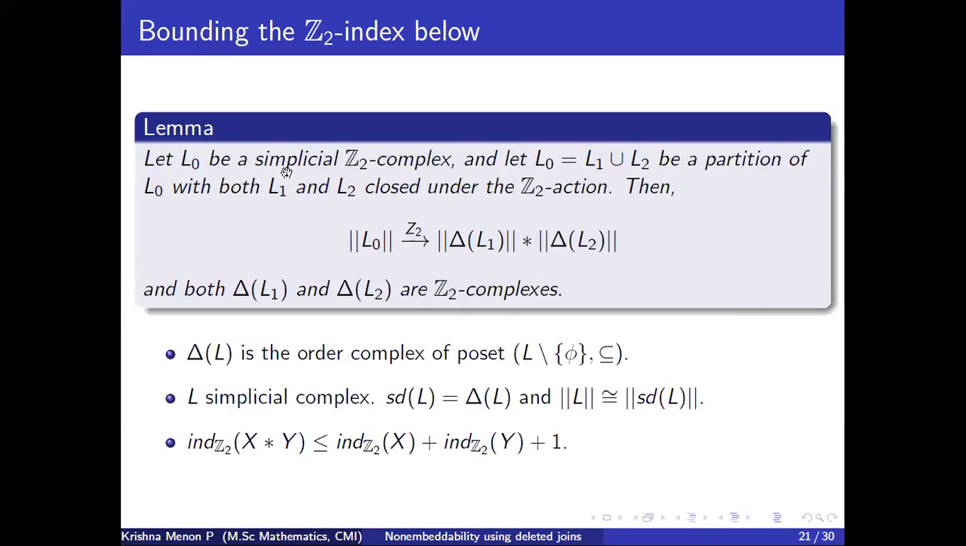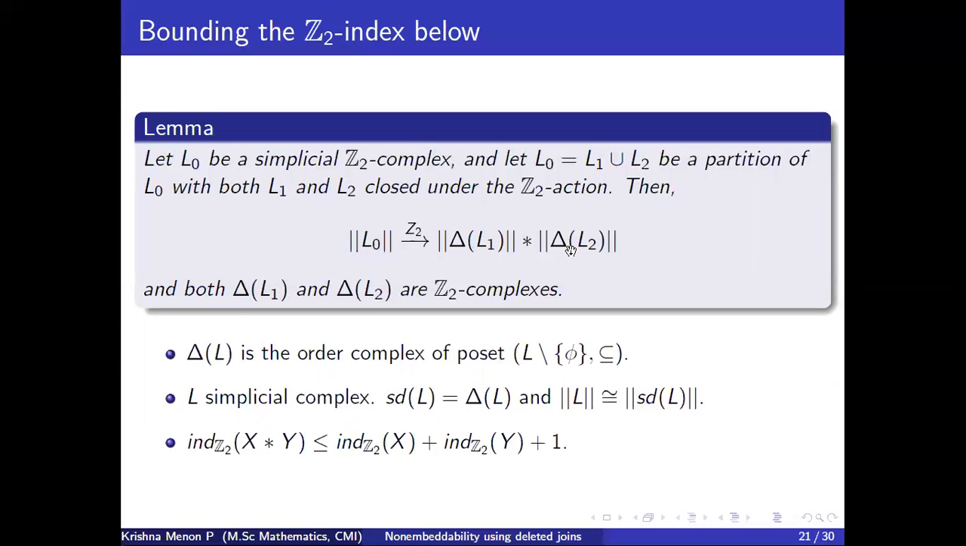We'll be using this lemma. So L0 is a simplicial Z2 complex, and I'm partitioning the simplices in L0 into two sets, L1 and L2. And L1 and L2 are closed under the Z2 action. See, what this means is, L0 is a simplicial Z2 complex, so the Z2 action is a simplicial map. It will map simplices to simplices. So what this is saying is that simplices in L1 get mapped again to simplices which are in L1, and similarly for L2. Then in this situation, you get a Z2 map from the space of L0 to the join